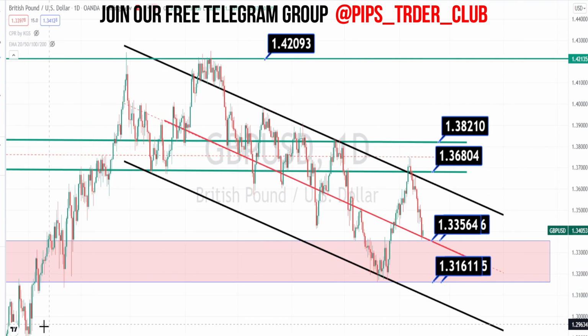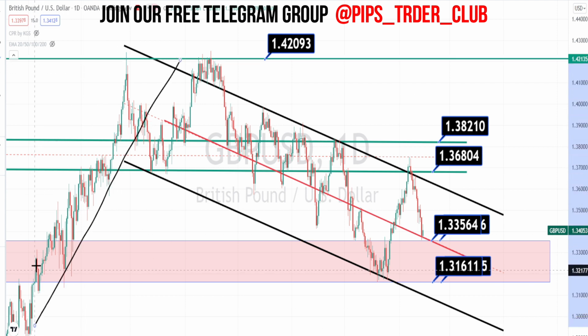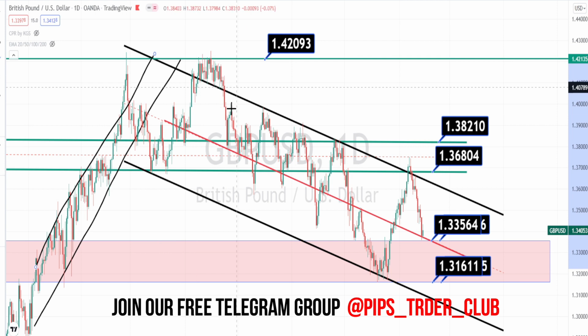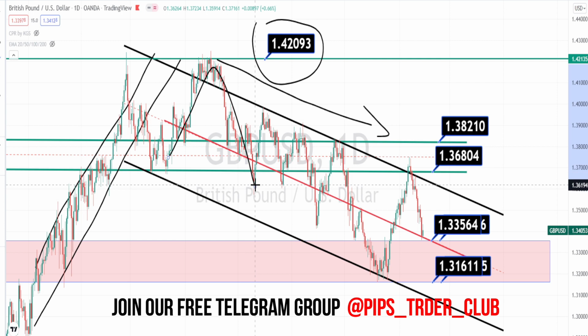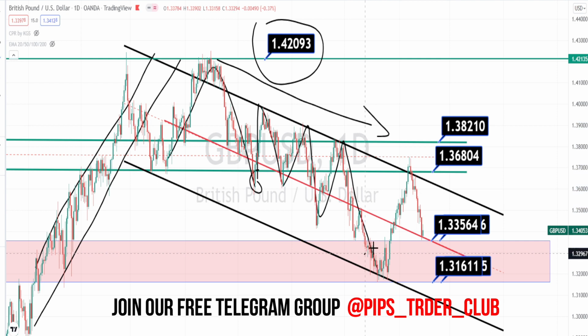When we look at the past price action in the daily time frame, it was on a very nice bullish trend, steadily going on a bullish trend, and took resistance at the resistance level of 1.42. Then from there it started its bearish trend. Price action was moving slowly. It trended down, then retracement, again trending down, again retracement. So it was coming in a very nice downtrend and it was moving slowly,